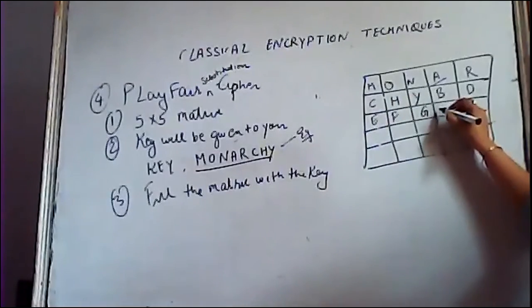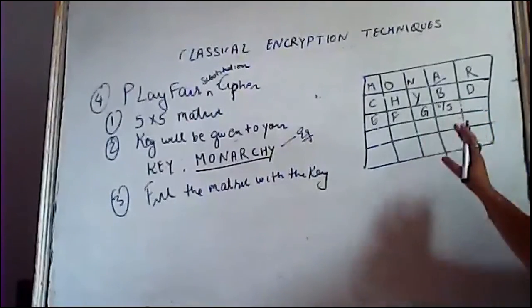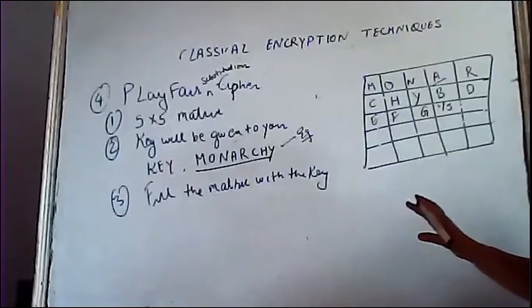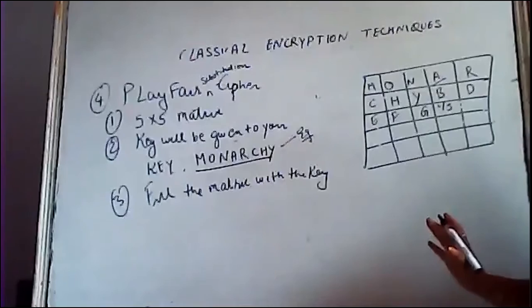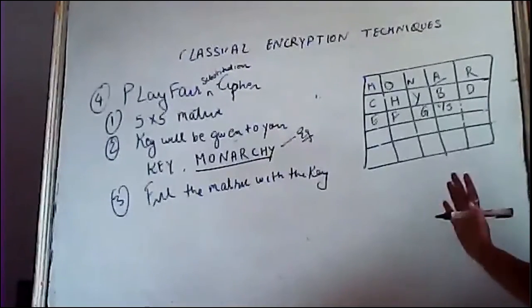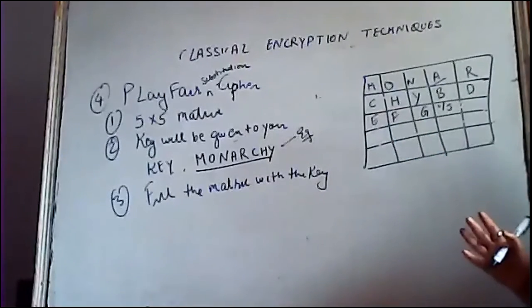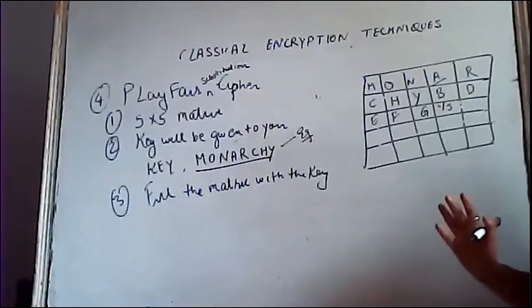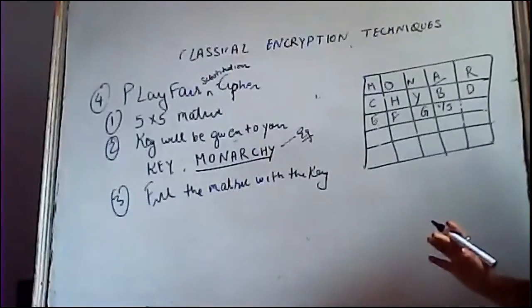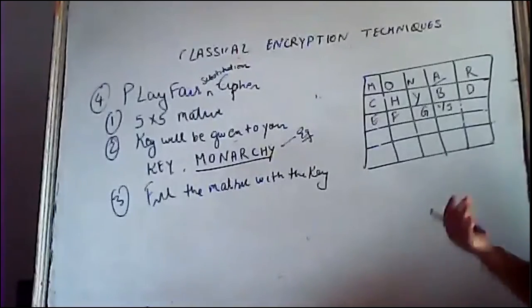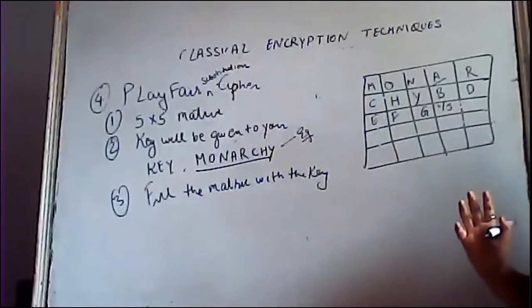And apart from that, in this case we always use I and J as a pair. In the Playfair case, we always use I and J as a pair every time. Now there are two reasons behind that. The first reason is that, as you know, I am using a 5 by 5 matrix. The total alphabets we have in the English dictionary are 26. We have to pair something. You can have another pair also, but in most situations we follow this particular I/J pairing.